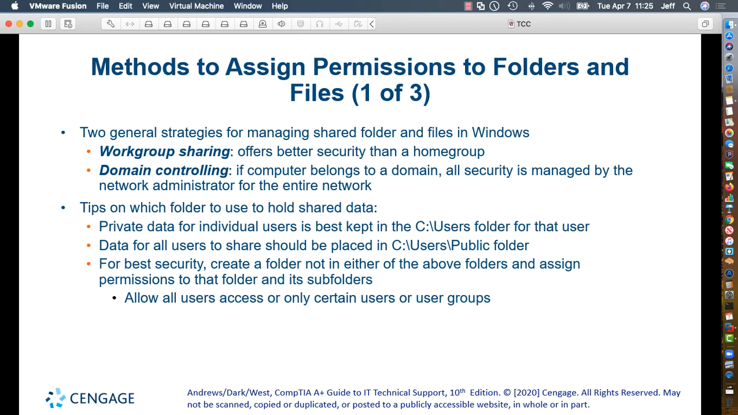It's much simpler to manage. Right. So individual user data is stored in the C:\Users folder for each user. Every user, anytime you log into a machine, you get a folder with your username underneath the Users folder. Any data that you want to share with all users on a machine, you can just put in the Public folder,